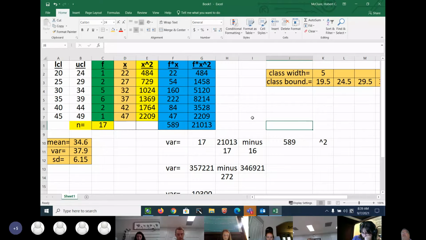Now, you may not see a lot of homework, okay? Hold on, Ms. Newsom, I'll answer that question. You may not see much of these in the homework. All you have to do is make them up. So you can use these lower class limits and upper class limits, and you can just change these numbers right here. I'll show you how to check it in your calculator in just a minute. Okay?